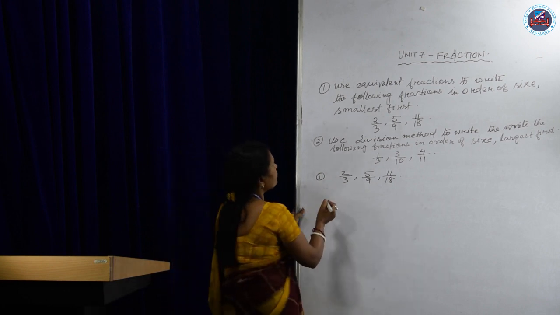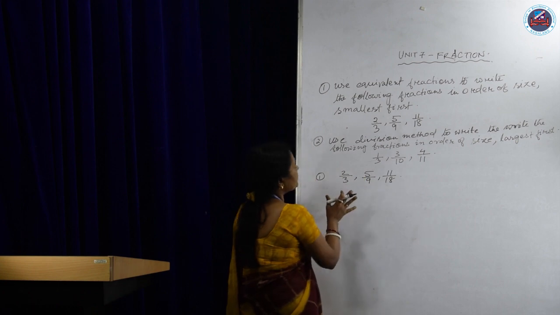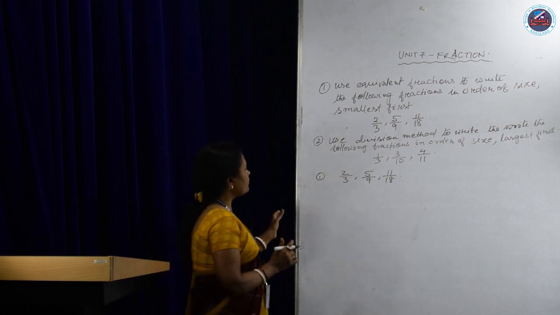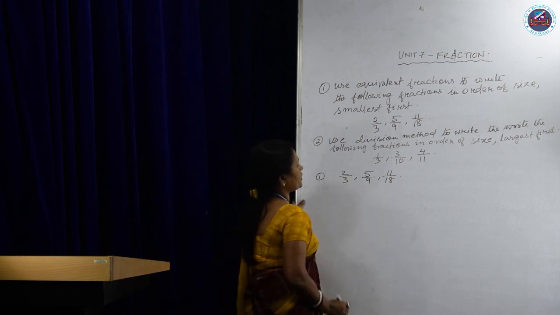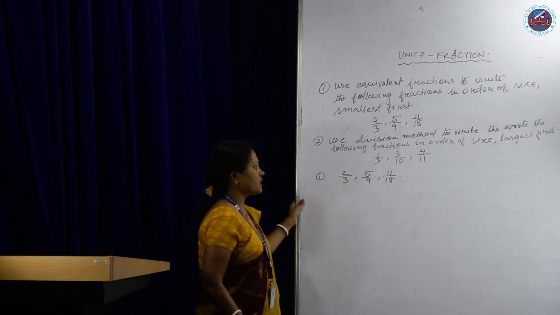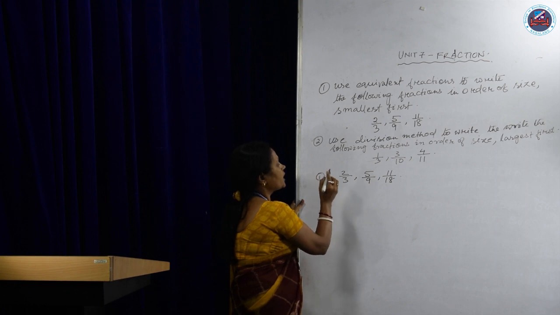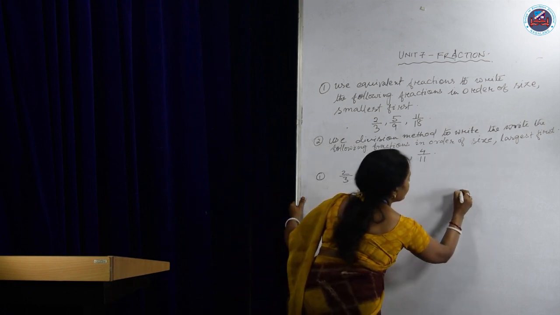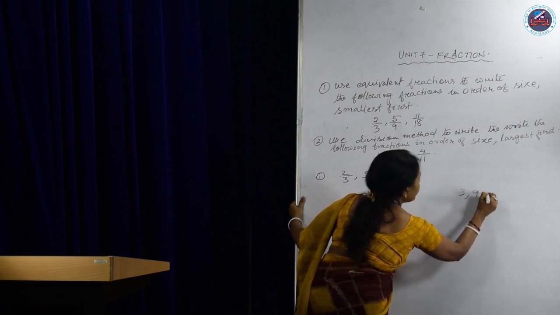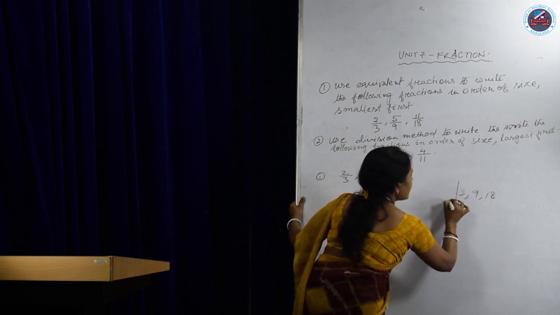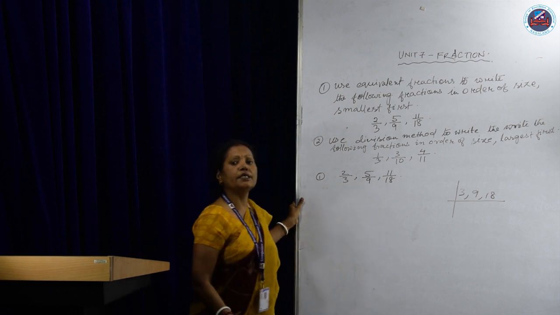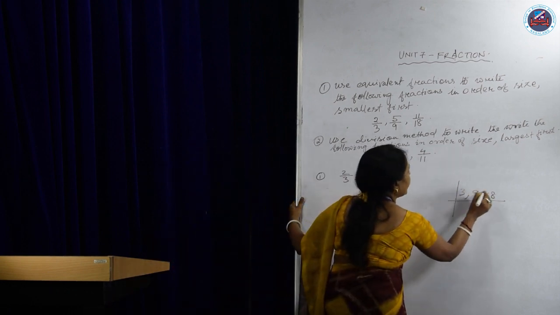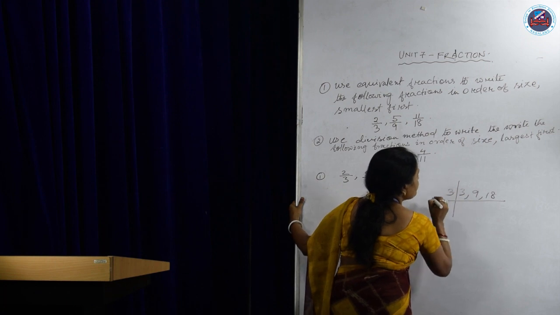So I am here with the first method, by converting the denominators into common denominator. To convert the denominators to common denominator, the first step is we need to find out the LCM of the denominators. The denominators here are 3, 9 and 18. In your previous classes, you all have already learned how to find out the LCM of the numbers. So 3, 9 and 18, we can divide it by 3.